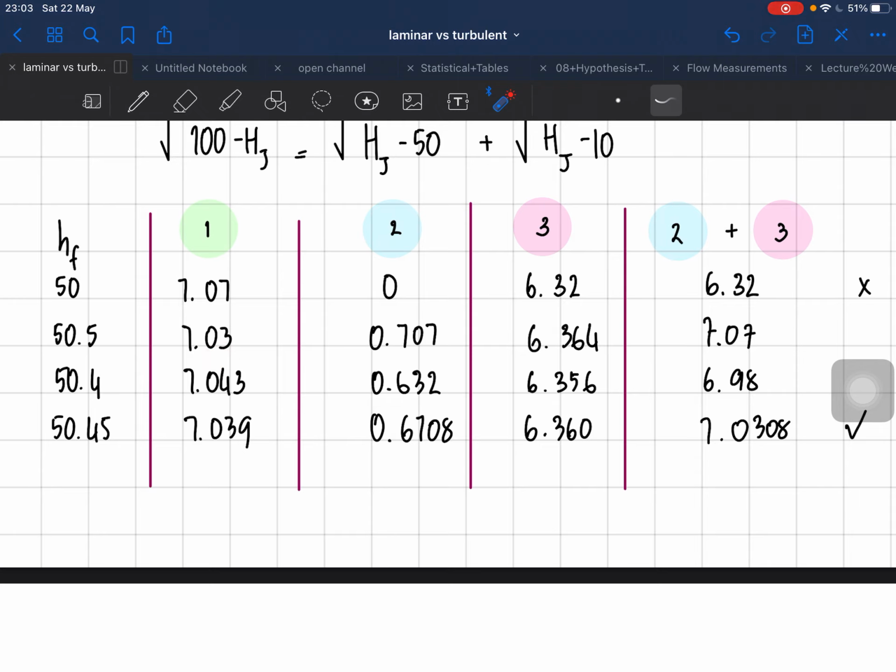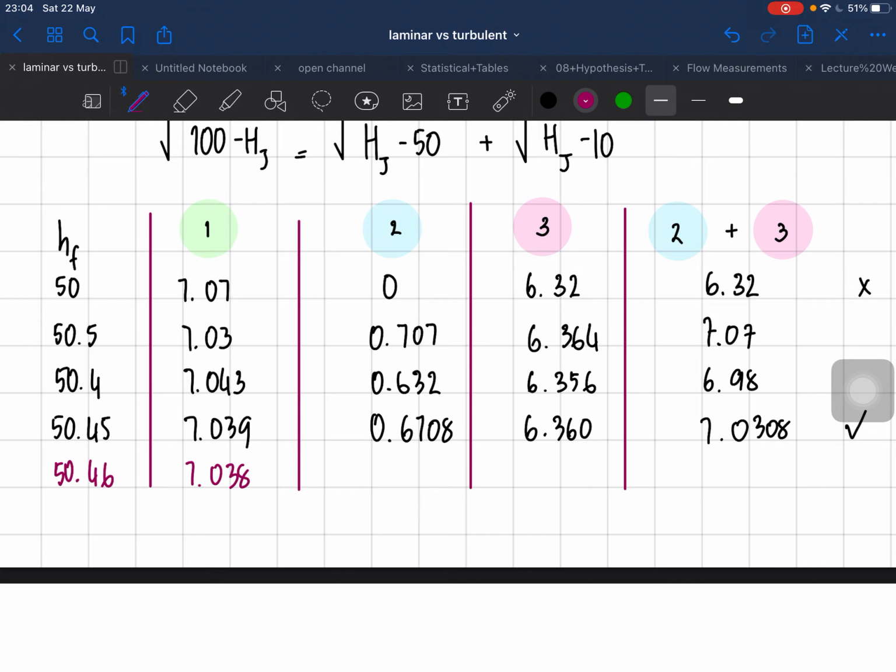So I tried 50.45, and this is the answer. I want to go for another try, 50.46, but I'm not sure what the answer is going to be. So in this case, 50.46, 7.0384, so we can cancel that out, and 50.46 minus